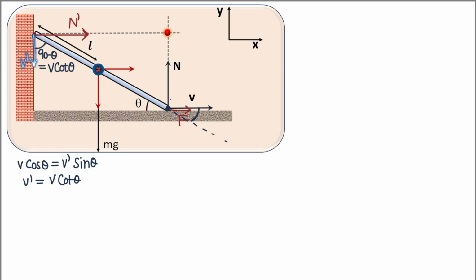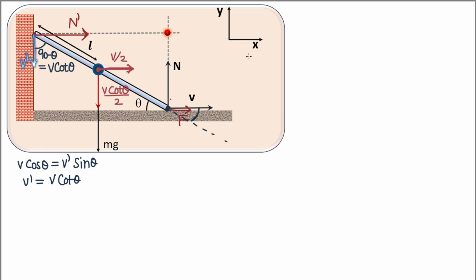So this point will move, just using coordinate geometry. Also, you can prove that this point is going to have a velocity equal to the average velocity of these two points along this x direction, right? So this point has velocity v, this point has velocity 0 along the x direction, so this point will have a velocity v by 2 along the x direction, and in the negative y direction it will have a velocity (v dash plus 0) by 2, that is v cot theta by 2. So this velocity will be v cot theta by 2.